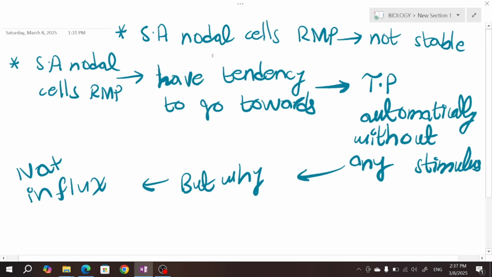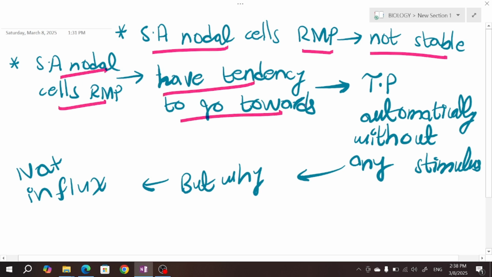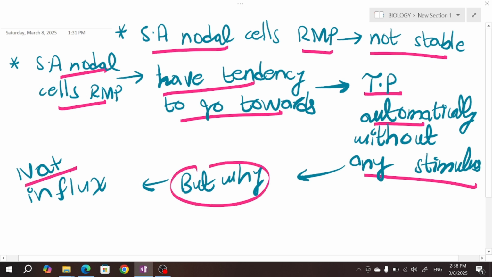Now, acinodal cells. We have seen that the acinodal cell resting membrane potential is not stable. It has a tendency to go towards the threshold potential automatically without any stimulus, and this is the automaticity. But why? The answer is sodium influx, because through the sodium leaky channel, sodium ions are continuously influxing,